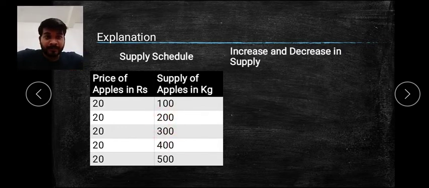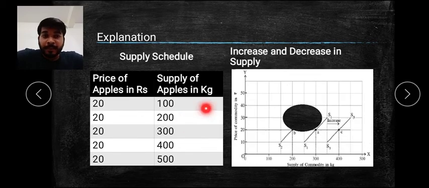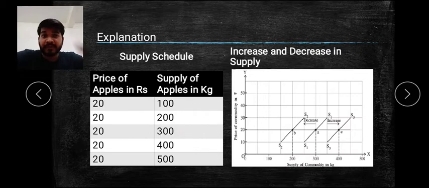Suppose other factors are in favor of supply, so it becomes 300 to 500. What are these factors? Cost of production is reduced, the level of technology becomes easy and advanced, and there is an increase in suppliers. So due to that, you find it here